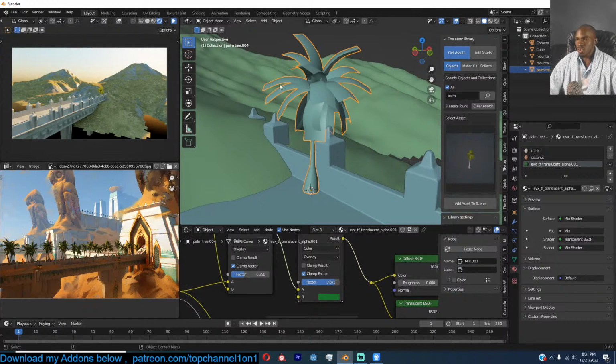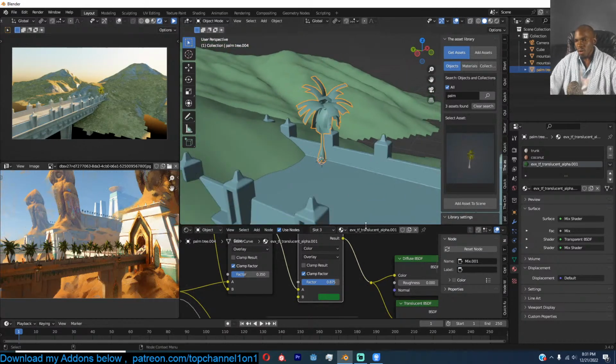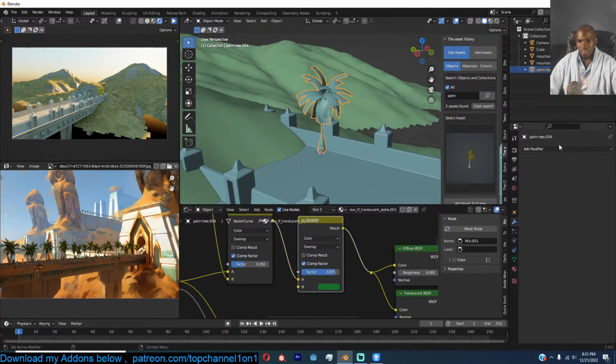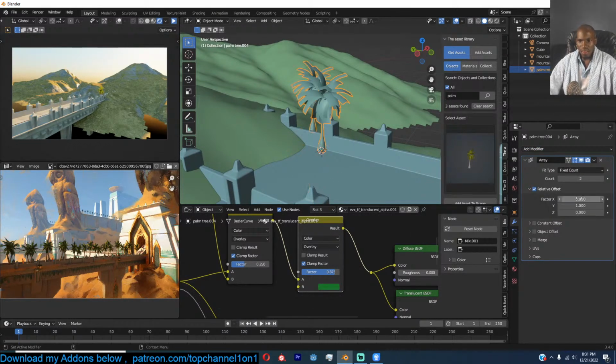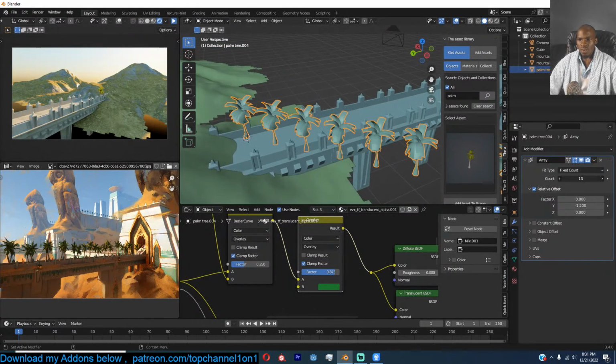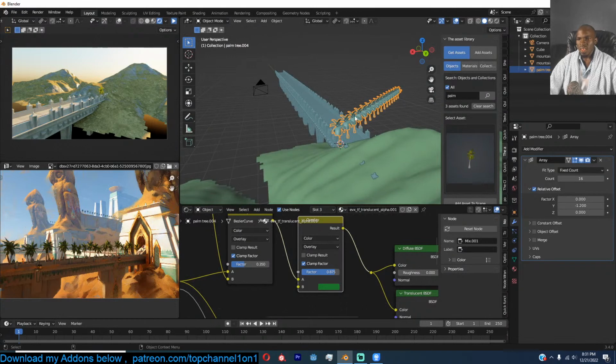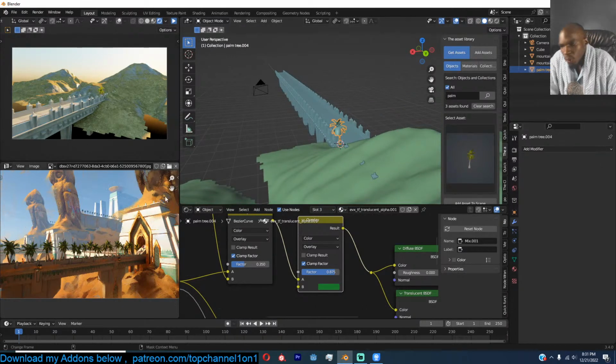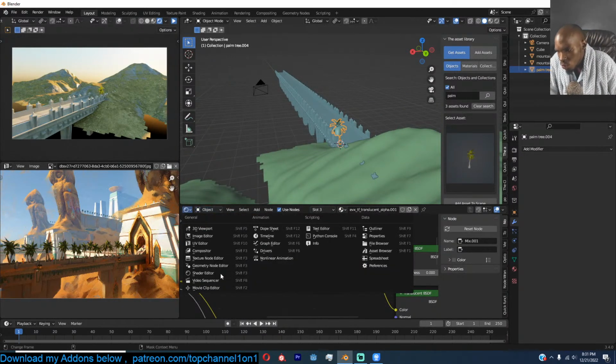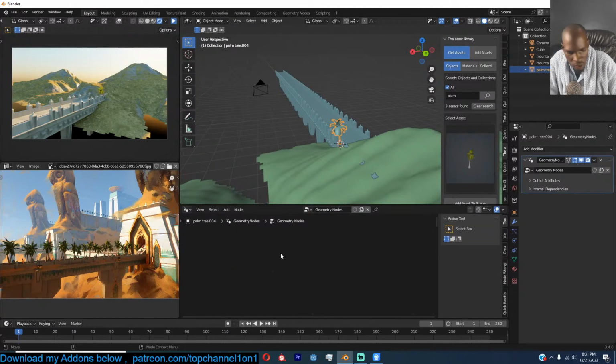Okay, so let's continue here. Like I said, I wanted to create an array, but using this array here doesn't really achieve the results I want. We won't have the randomization. Obviously, we can make these duplicated like that, but we won't have the randomization that we need here. So let's go to the geometry nodes, create a new setup, and